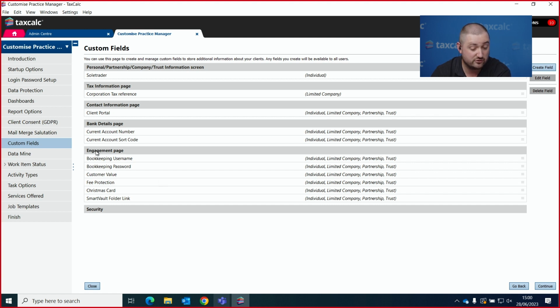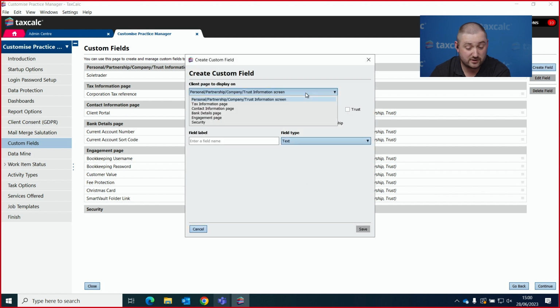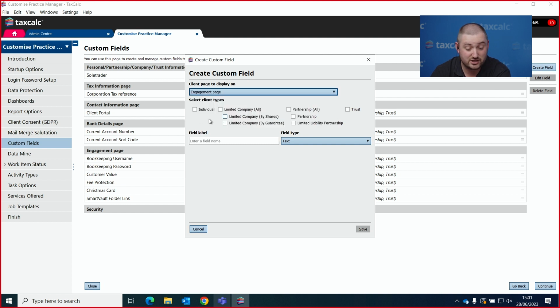So you see I had mine under engagement page for bookkeeping username and password. You can see for bank details I had current account number and sort code. And as Vicky said, she uses the tax information page for her custom fields. Now, if I go to create field on the right hand side, you choose from the drop down list which section you would like it to appear on. So if I add under engagement page and I want to add it on all 4 of mine, I would then be able to add favourite TV show